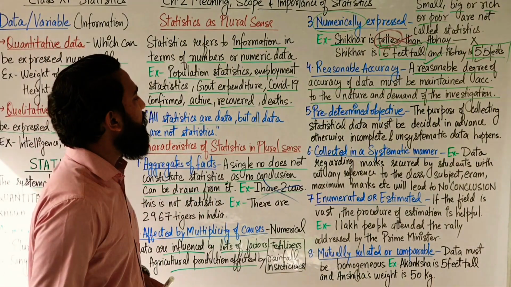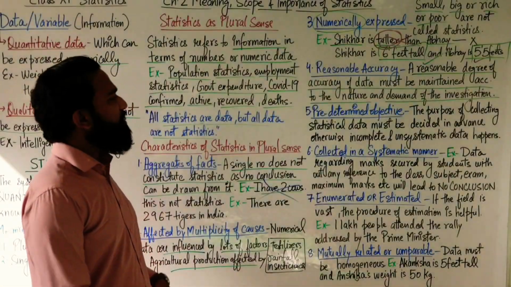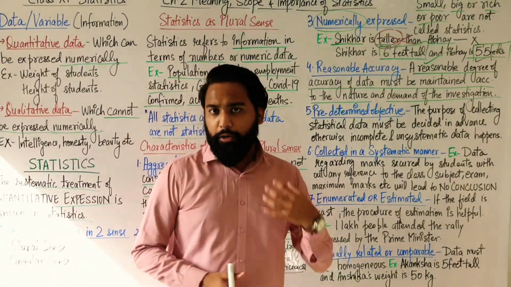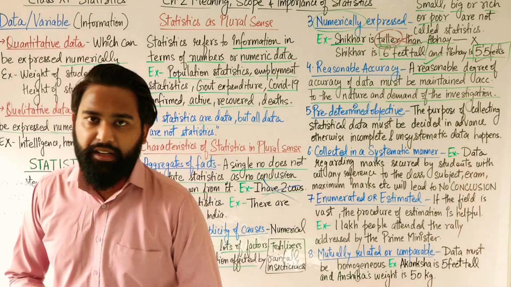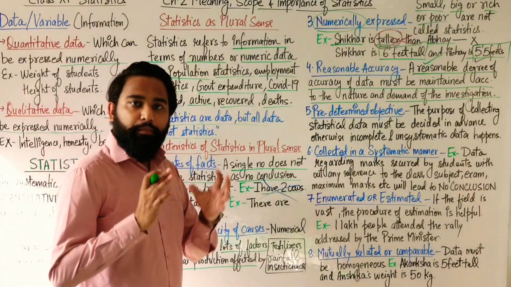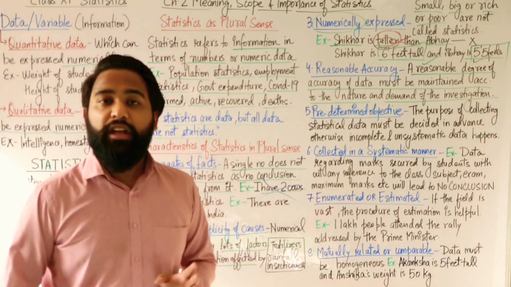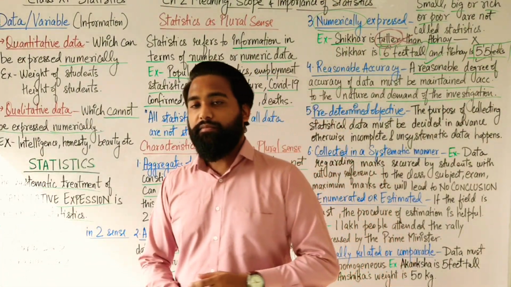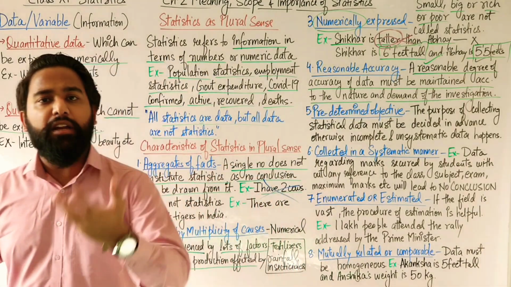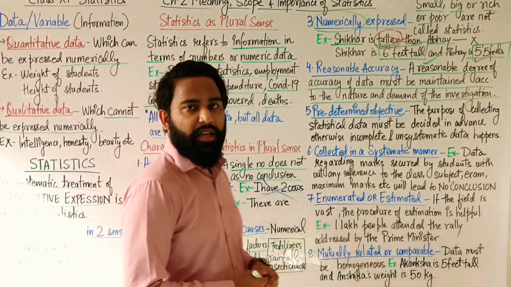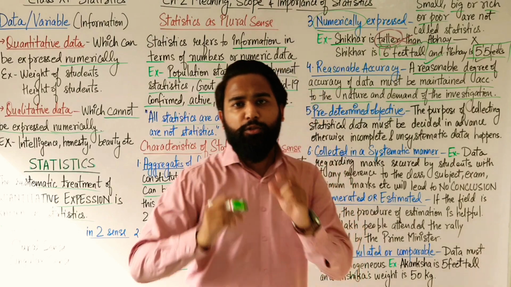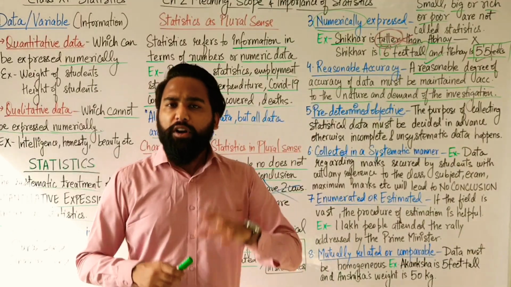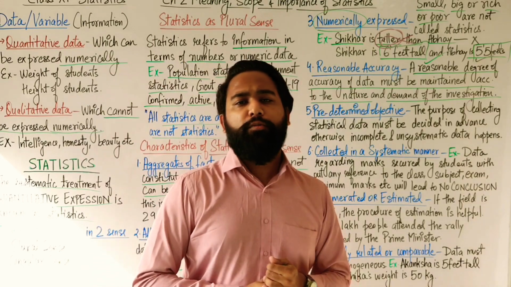Now, let's come to the next one. The next one is predetermined objective. Whatever data you are going to ask for or investigate, the data must be according to the objective, and for that your objective must be clear. Suppose I entered your class and started asking about your marks in social science, English and such subjects. What will be the reason behind asking you about your marks?